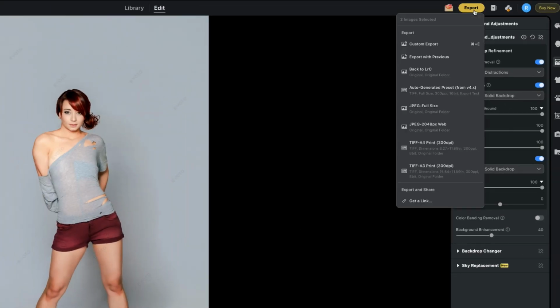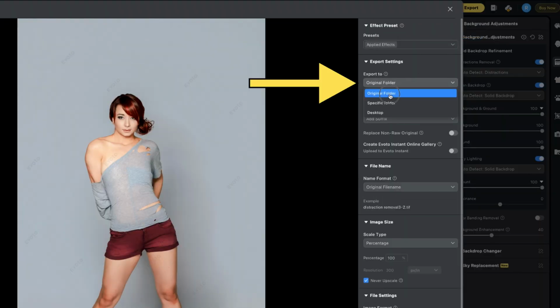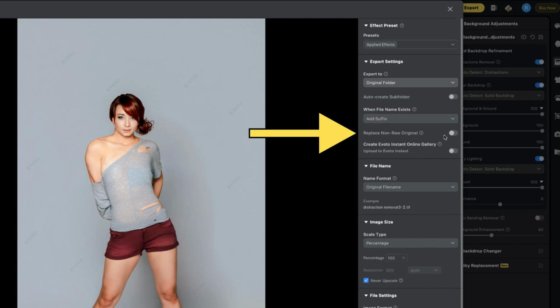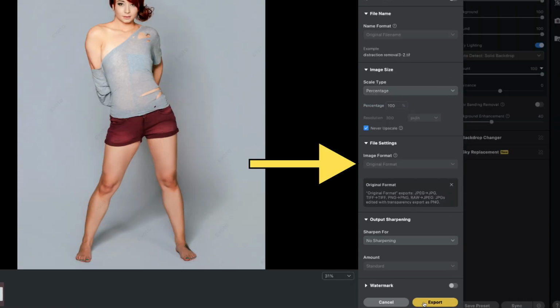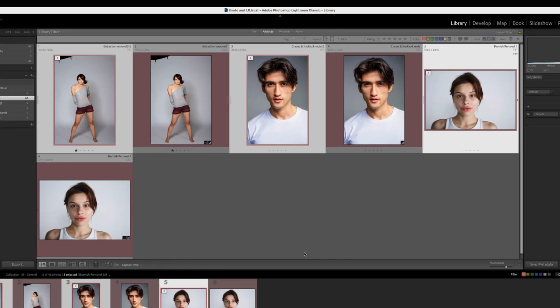After making your edits in Evoto, it's time to send the files back to Lightroom. Click the Export button and choose Custom Export. Make sure the export destination is set to Original Folder and toggle the button for Replace Non-RAW Original. The file name should be set to Original File Name. Click Export. This will overwrite the TIFF files that Lightroom created and update your Lightroom catalog with the Evoto retouched